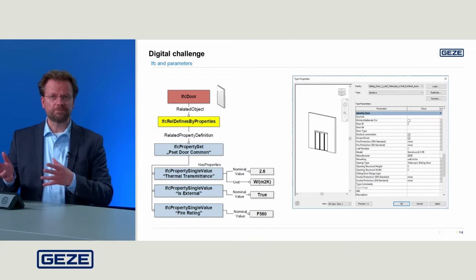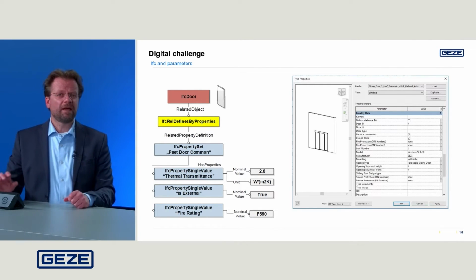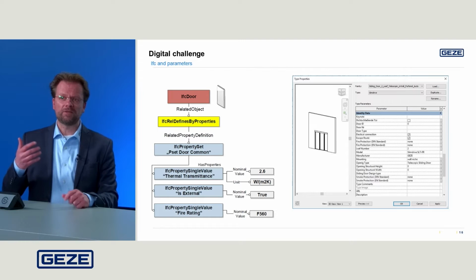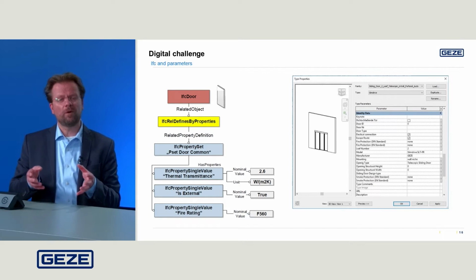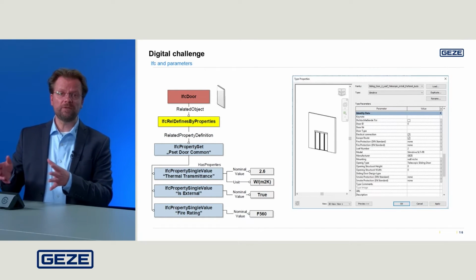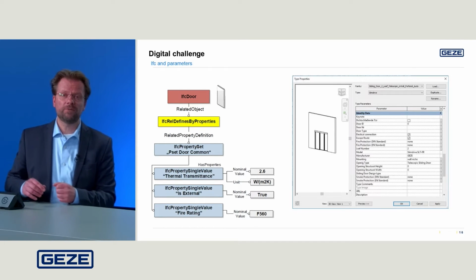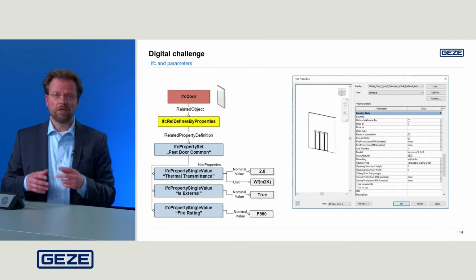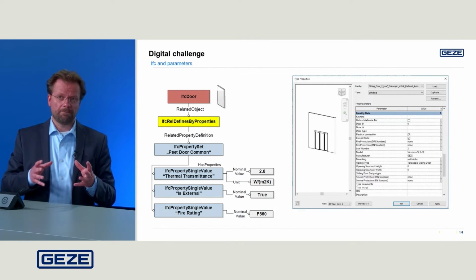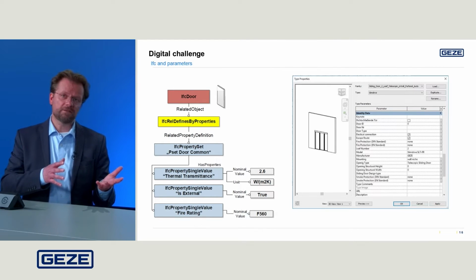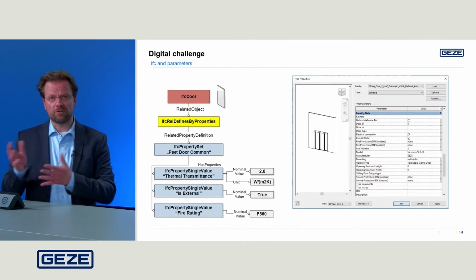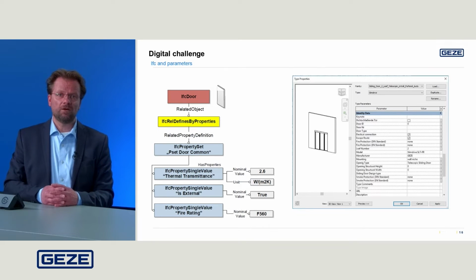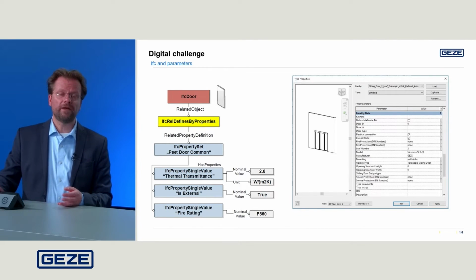Hospital, kindergarten. Well, with this in mind, now we have BIM objects and we have the parameters on this door, and you are the person in charge to filter them. You say, well, I need 60 parameters or 70, it depends on you. But we are able to help you.